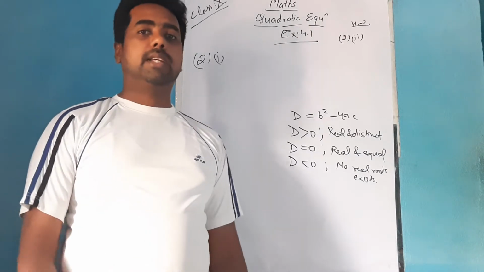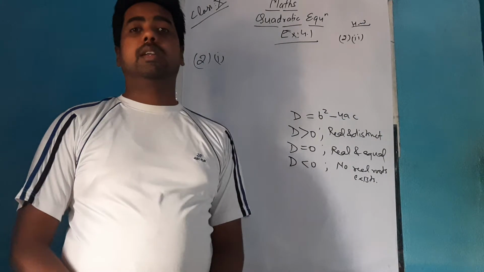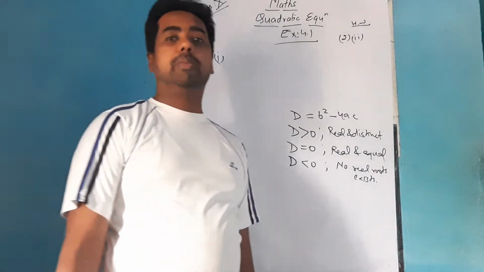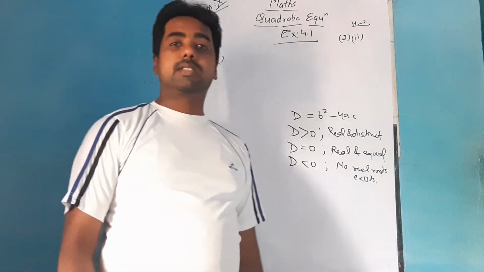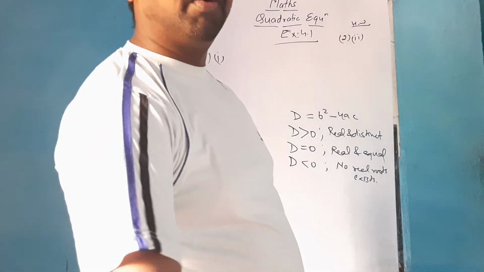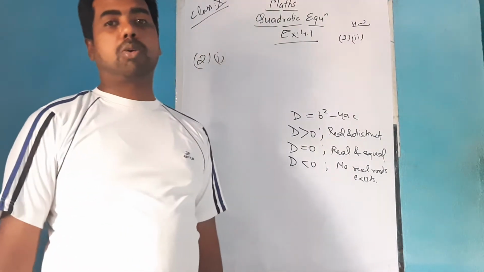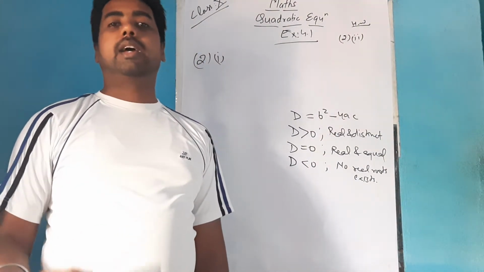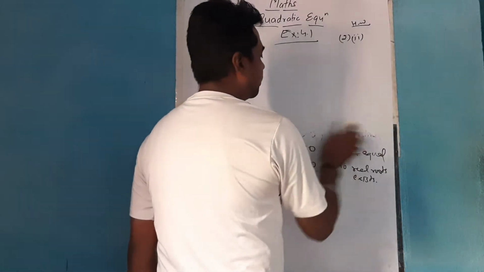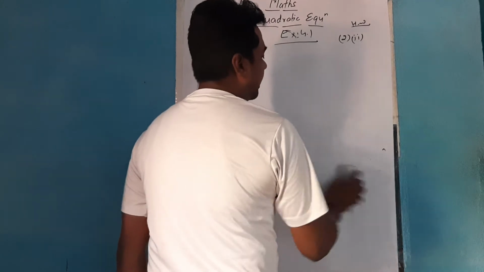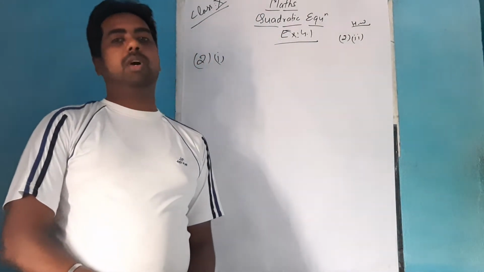In that particular exercise, exercise 4.1, second question, second part, make it as homework so that you may try it at home and solve it, so that you will be able to understand how we can form the word problem. So today's video we'll discuss the rest of the three word problems once again, and I'll give you the solution also, because in four different exercises there are different word problems. So we'll solve all those word problems one by one.